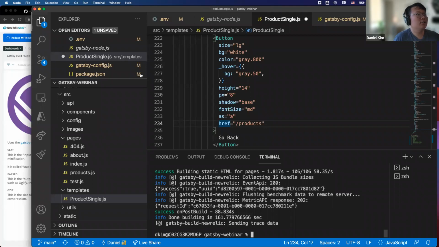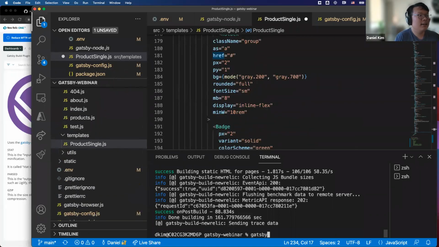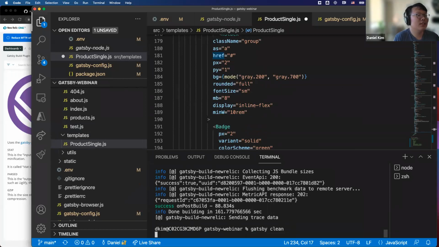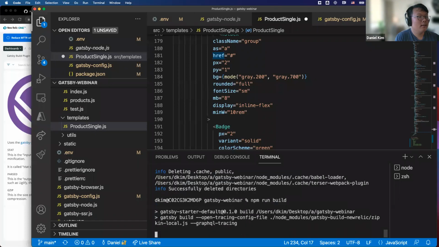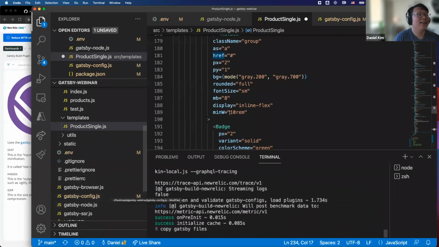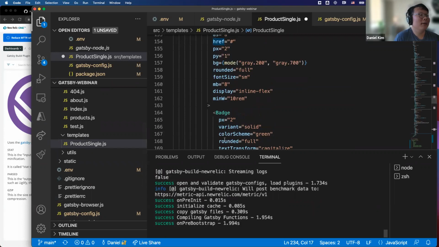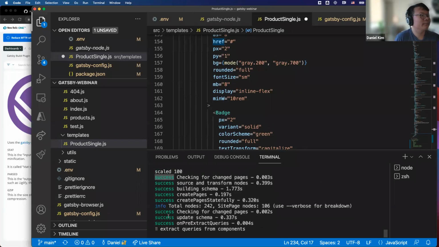So all we're going to do to rebuild it after we made these changes is do Gatsby clean, because we don't want it to cache, because we want to measure the difference in build times with the changes and without the changes. We're just going to do npm run build like last time, and then wait for it to build. So hopefully that will show us the various improvements that our feature flag flipping off will make. But yeah, that's what we're working on.